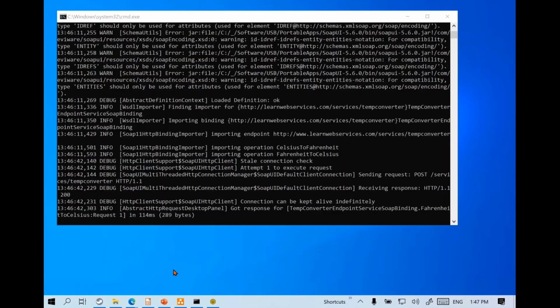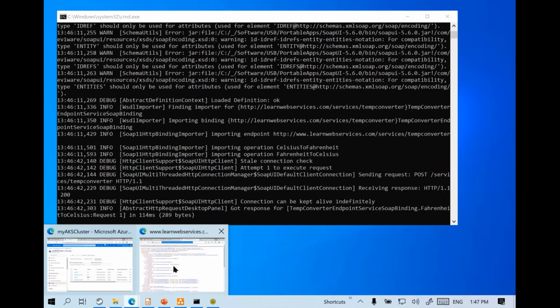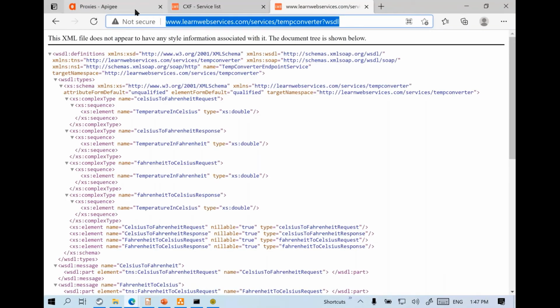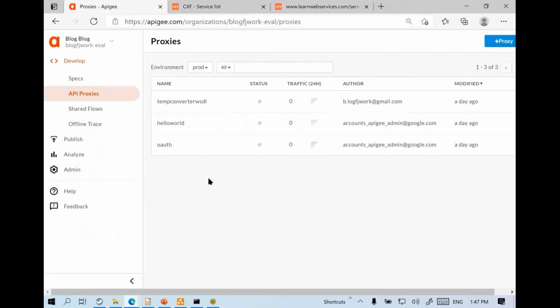So how do we do that? For that, we can go to our API gateway solution, such as Apigee in this case. You can actually sign up for Apigee for free. You get a 60-day trial, or you can choose to pay for it, or you can choose to install it on your local servers as well if you want.